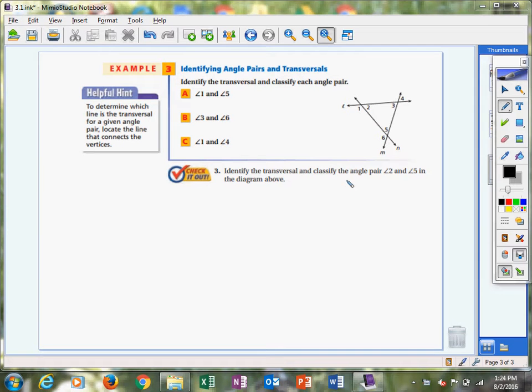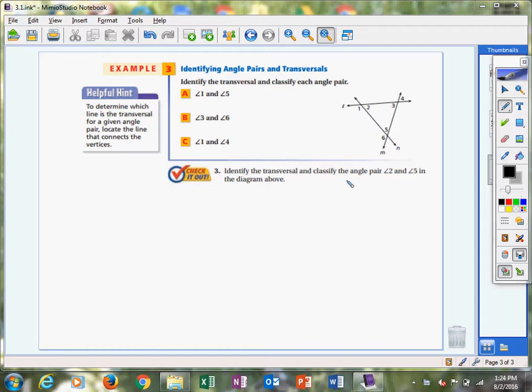We're still in section 3.1. We're going to do example 3. And our goal in this example is to identify the transversal. So it's not as easy as it looks initially. And then once we've figured out what the transversal is, we're going to classify each